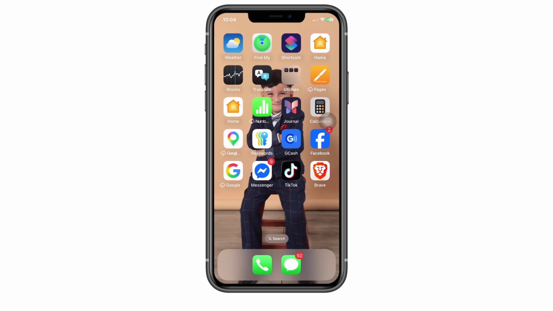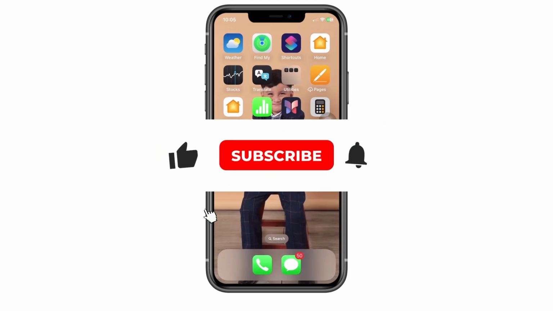Welcome. In this quick and easy tutorial, I'm going to be showing you how to install the Telegram app on